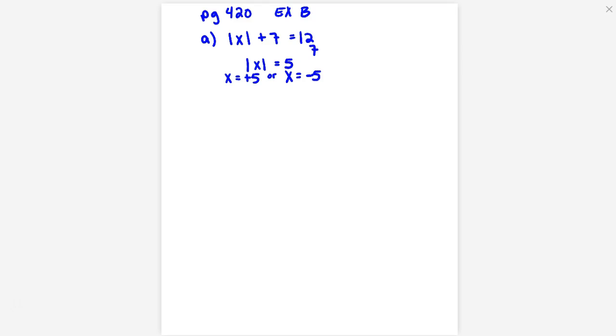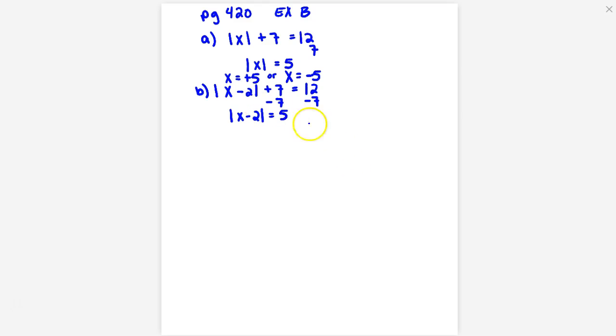Okay, let's try B. What is B? Okay, so it's the same, we're just adding something in here, and so instead of just x in the absolute value sign, we have x minus 2 all inside the absolute value symbol. Then we have the same question, actually. Plus 7 equals 12. So we're going to subtract 7 from each side. And we are going to do the same thing. So we have x minus 2